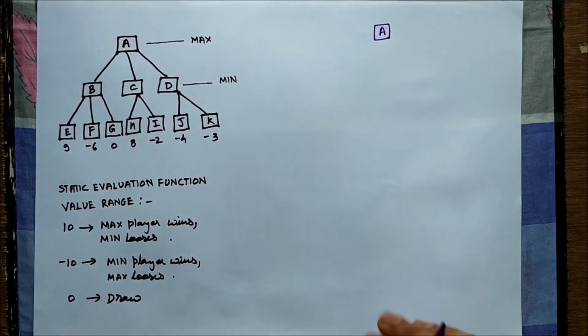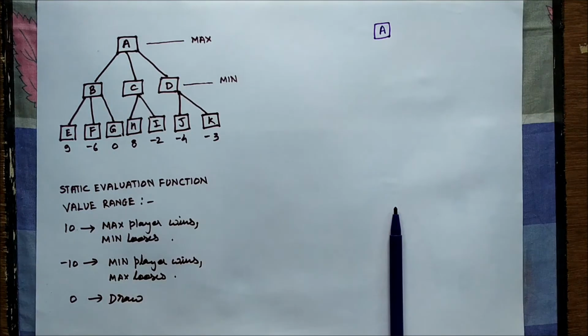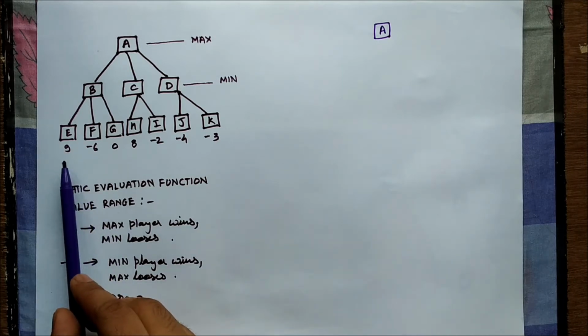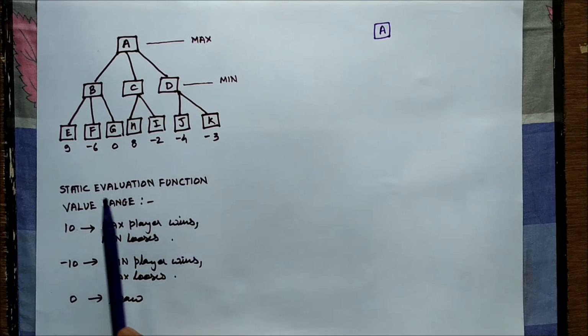One more thing which I want to tell you is how these game trees are designed. Game playing is a two-step process. In the first step, the game programmers experimentally play the game n number of times and come up with a game tree, and this huge game tree is fed into the computer. The values of the static evaluation function that we have written here are purely based on experience from playing the game over and over again.